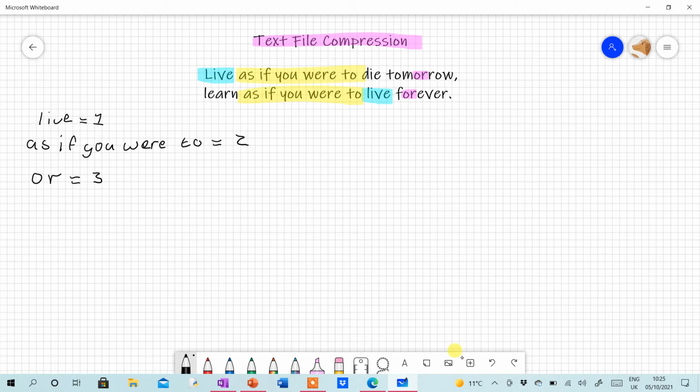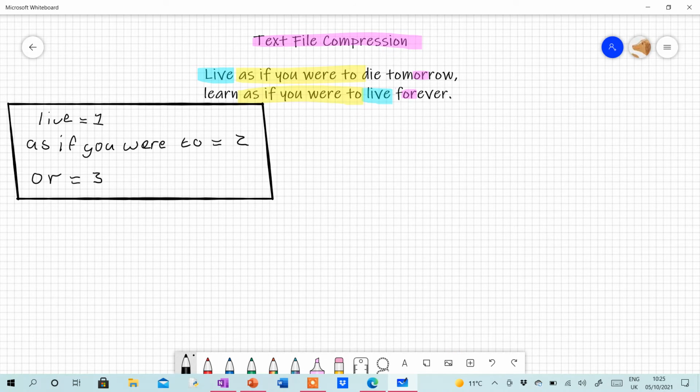So we've got a lookup table here, and what it's saying is that the word live is equal to 1, so we can represent live as 1 now. We can represent as if you were to as the number 2, and we can represent or as the number 3. Now we can rewrite this quote, compressed, using the numbers rather than the actual words. So we'd have 1, 2, live as if you were to,